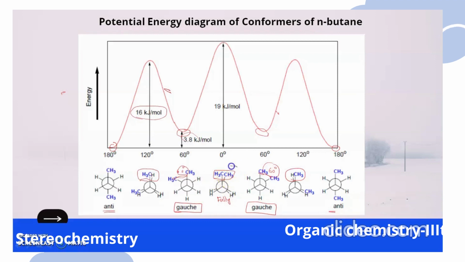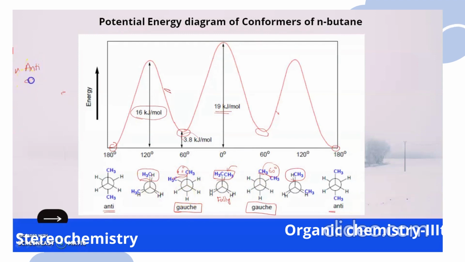The steric hindrance phenomenon comes into existence, by which repulsion arises, and because of this the energy level of the system is so high, around 19 kilojoules per mole, which is a much greater value compared to your partially eclipsed or your anti-forms of butane. So it is the least stable structure, having the highest energy level among all the conformational isomers of butane. So we can say that anti, the stable form,